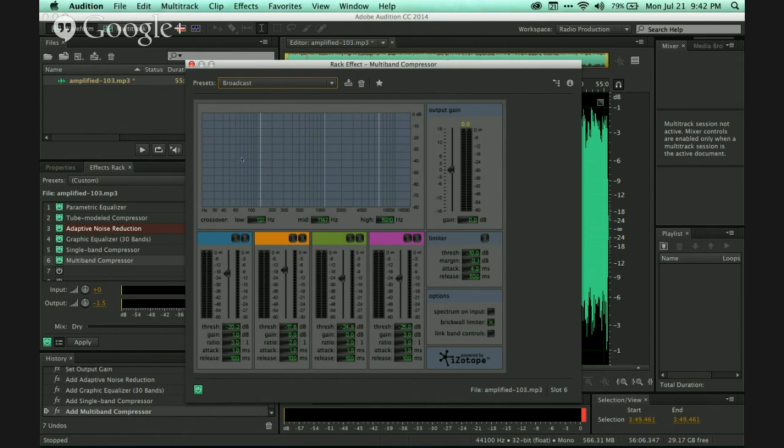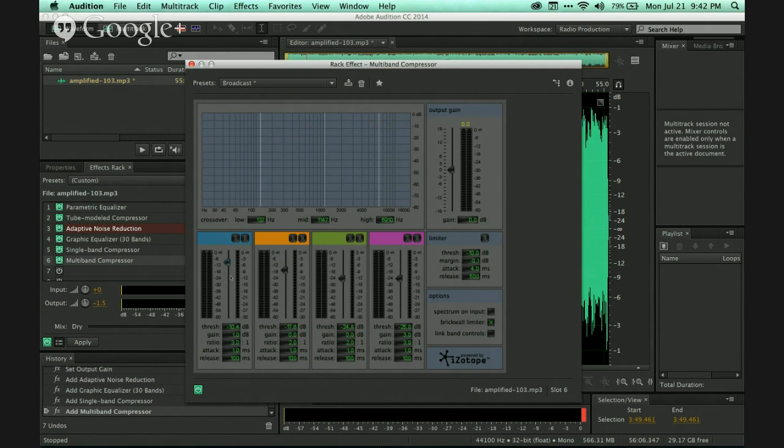So whereas a normal compressor, if there was a bass frequency that was boosting up and crossing over into like -3, into the red zone, it would just squish it. In this case, it would squish the overall volume of the track. And with a multiband compressor, whenever something in the low frequency comes up above whatever you set the threshold to be, which in this case is pretty low, -18,